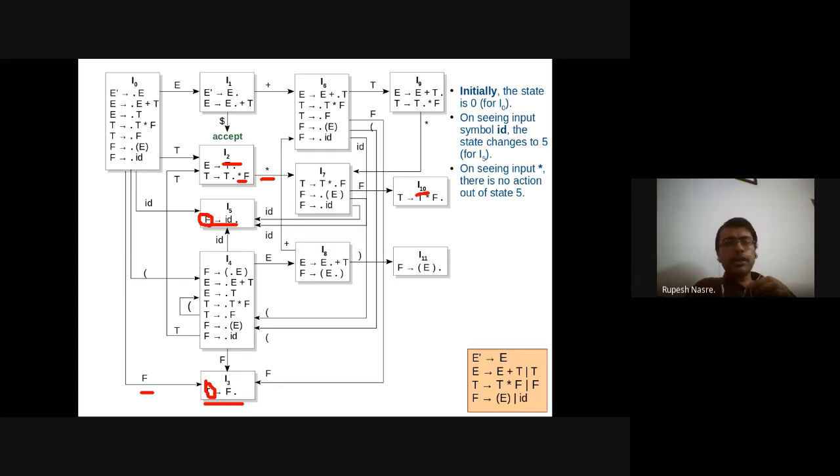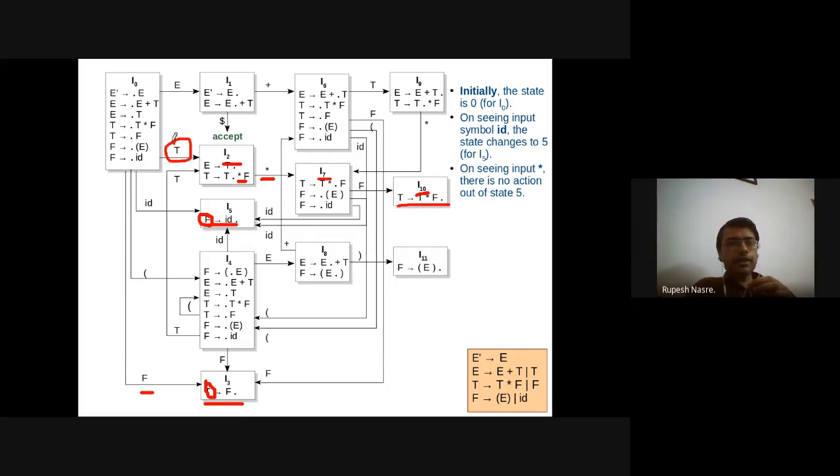State number 10 and dollar, there is no transition anyway, but there is a reduction possible. Right? So T star F is the handle, and therefore we should not go back only to the previous state I7. T star F is the whole transition.